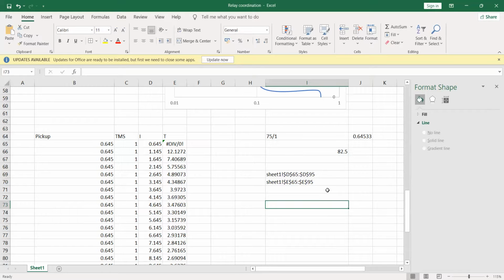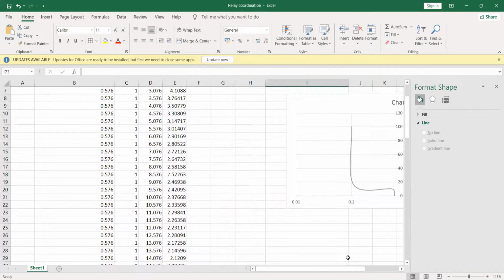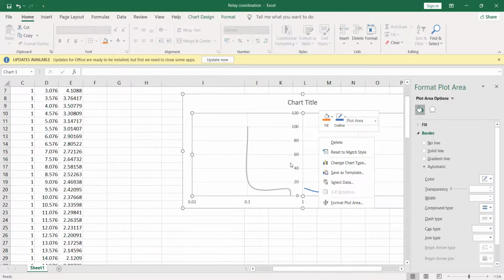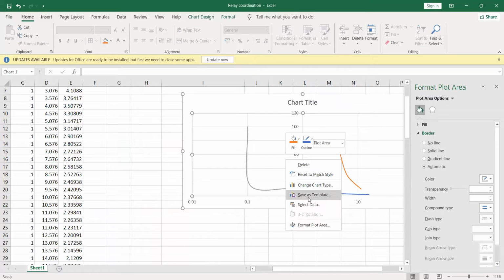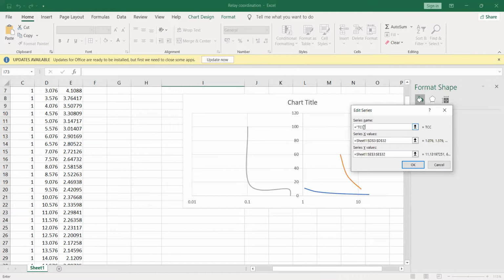Okay, now let me add these curves D and E. And this I will rename as TCC incomer.